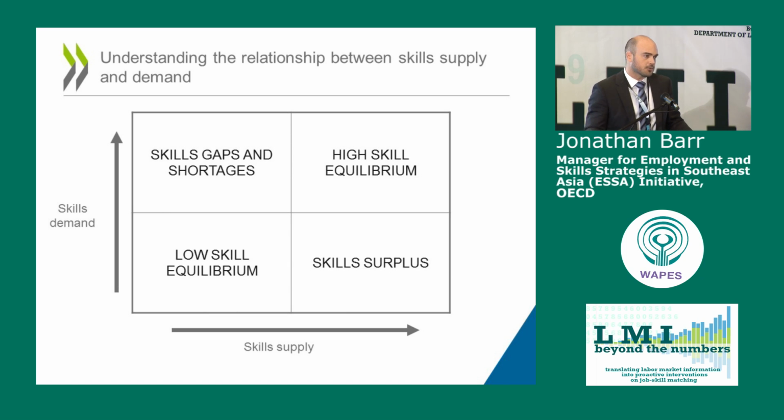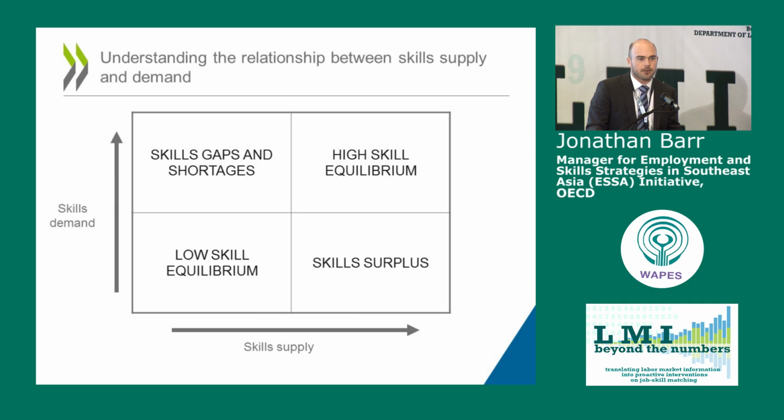But what we've tried to do within my division of the OECD is develop a place-based measure of skill mismatch. And to come up with that measure, we've developed this typology here, which you can see on the screen. So areas where there's a high supply of skills, being a highly educated population that's met by high demand from employers, are what we call in a high skill equilibrium. And that's the top right corner you can see on the slide here.